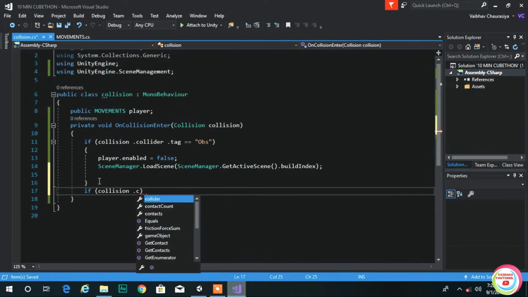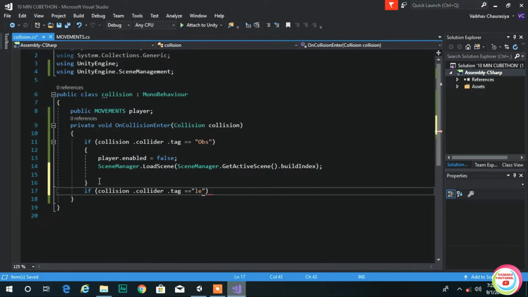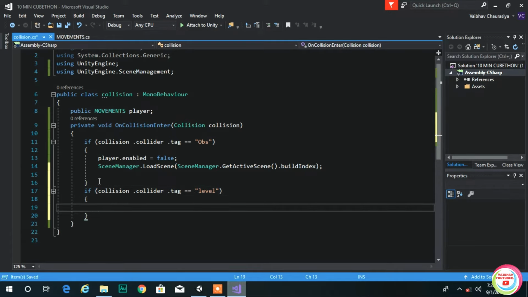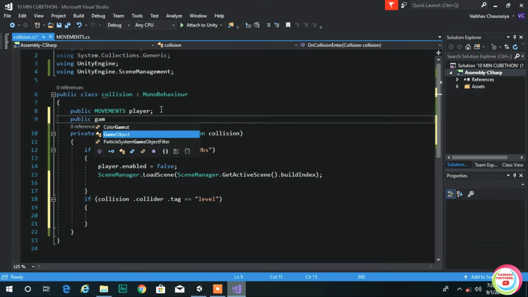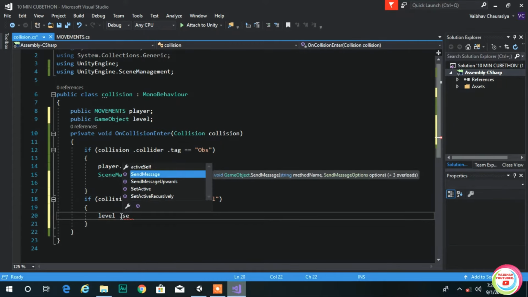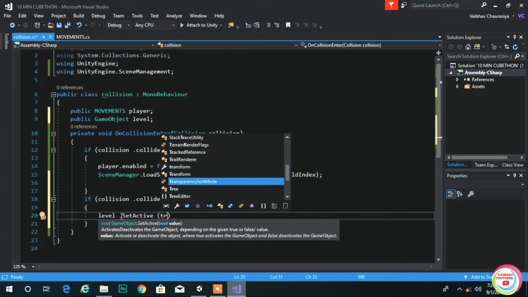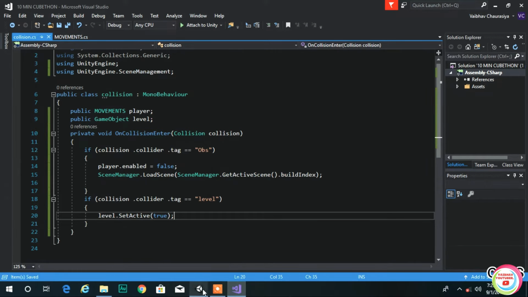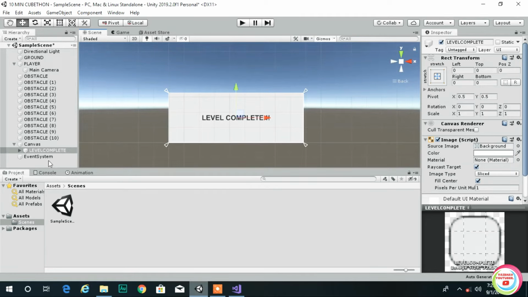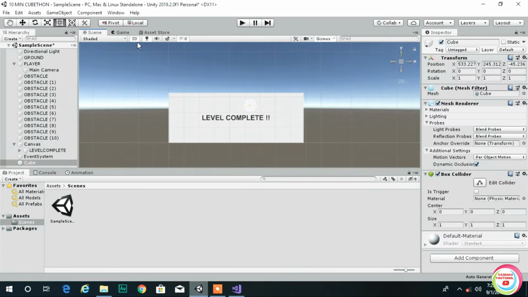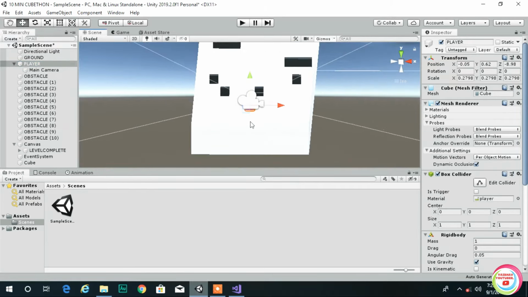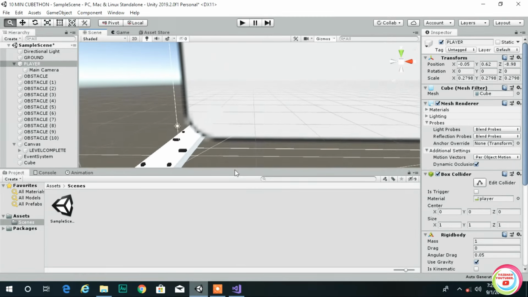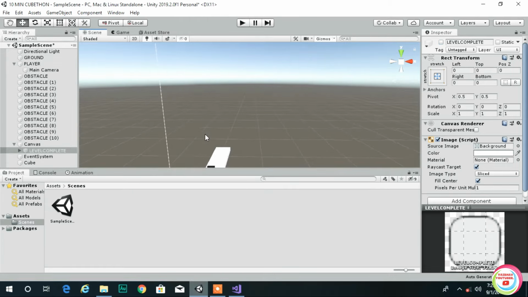And last thing, in the script we have to write if collision dot collider dot tag is equal to level. You can name it anything. So write another thing, public GameObject level, so level dot SetActive true. Save it. Now switch to 3D and create another 3D object, cube. And disable our level complete UI. And at the end of the scene,